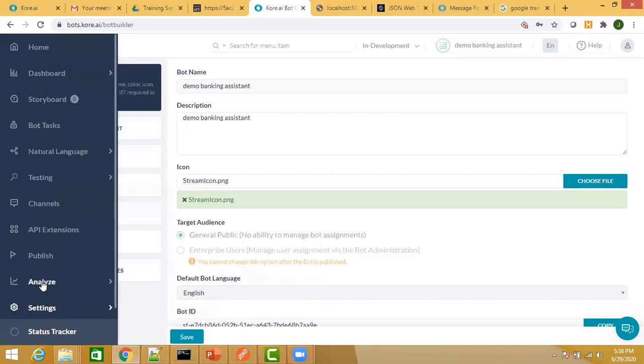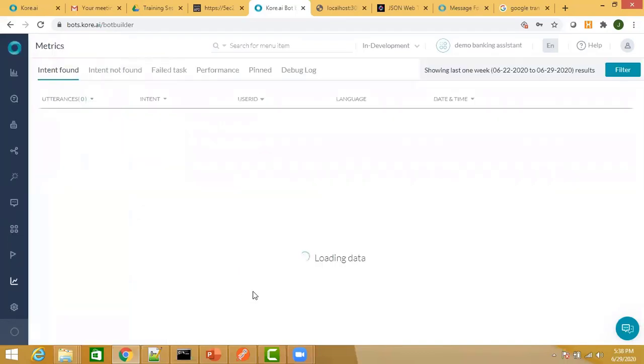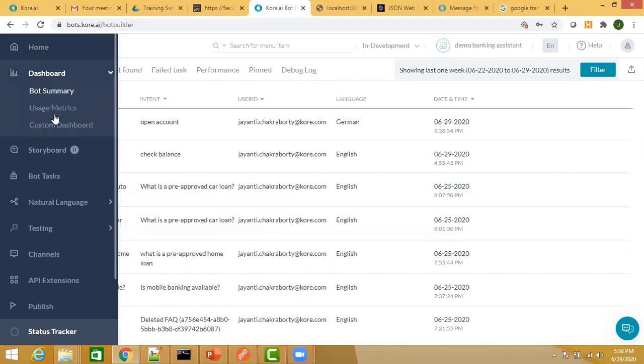If you need to present a report like that, you cannot share the metrics report with them, because it contains information which may not be required by the business users, and the format of this report also may not be presentable to them. So it is better if we have some widget through which we can display this kind of information. And to do that, we have the custom dashboard.